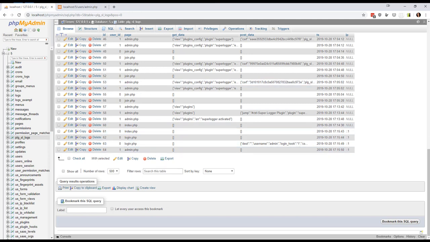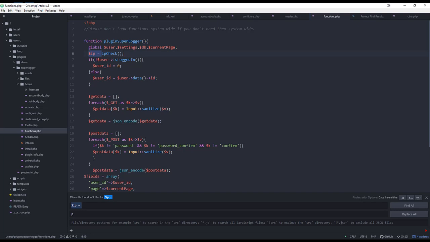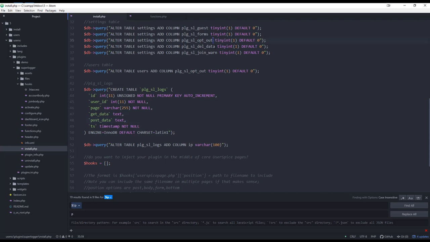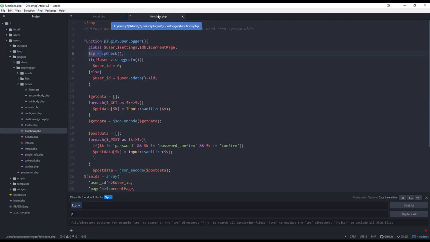So there's a couple of other settings that we threw in there, and the first thing had to do with opting out. And so let me close some of this stuff here. So during the install, we added a column to the settings that allowed them to opt out. And then we also added a column to users that allowed them to opt out. So let's start working through some of that logic. So the first thing is,